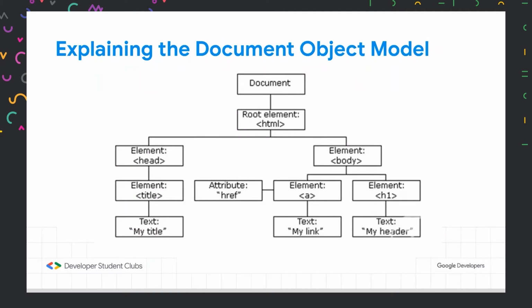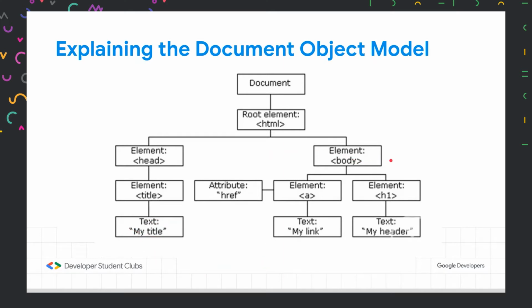If you remember HTML file, in that HTML file, the whole file is one document, and that document has the root element as the HTML tag. Inside HTML tag, we have a head and a body, and then we have the sub element nested inside body as well as head. So for example, in head we have a title tag, and then the title tag has some title in it. So we can call it my title over here.